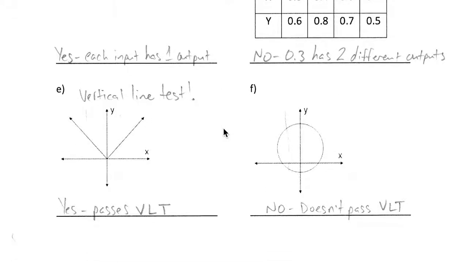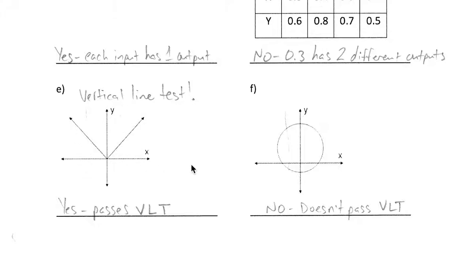And one last time, there is a cheat. If we're looking at a graph, we can use what's called the vertical line test, which means that we draw a vertical line through our graph. Draw it a few times, don't just draw it once, and make sure that that line is only crossing your graph once. So in this case, passing through that absolute value function, we're only hitting it once